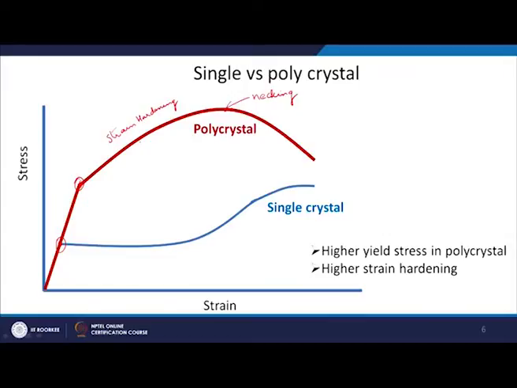So, you have to hold the sample, so only those ends are under constraint, but on the sides there is no constraint. Now if you understand that I start putting the constraint from the sides, then it becomes even more difficult for the material to deform. And so both the yield stress and the strain hardening capability of the material will increase in polycrystalline material as opposed to a single crystal.